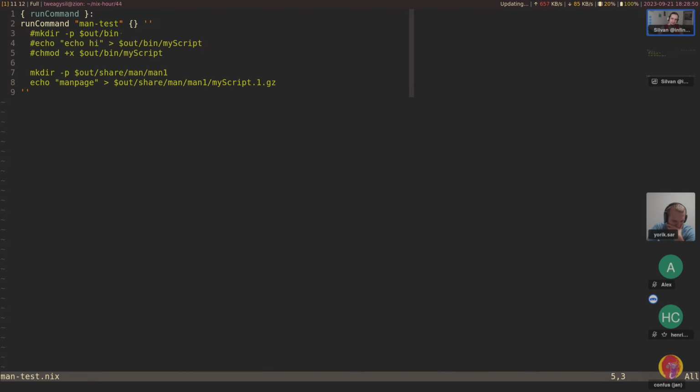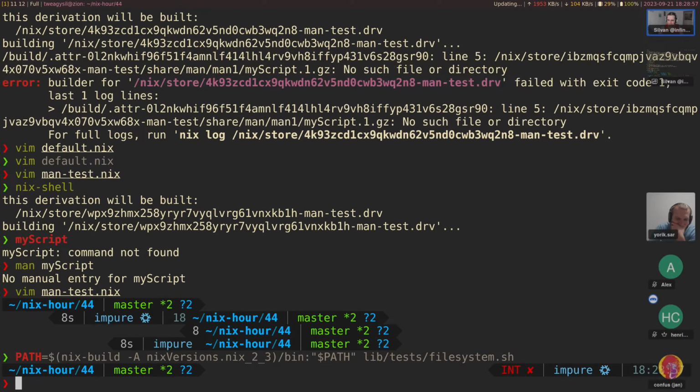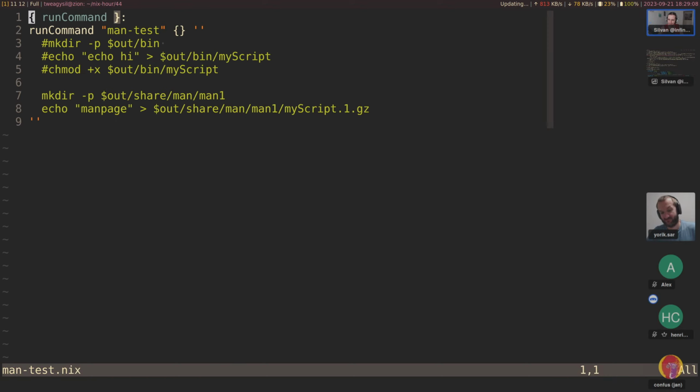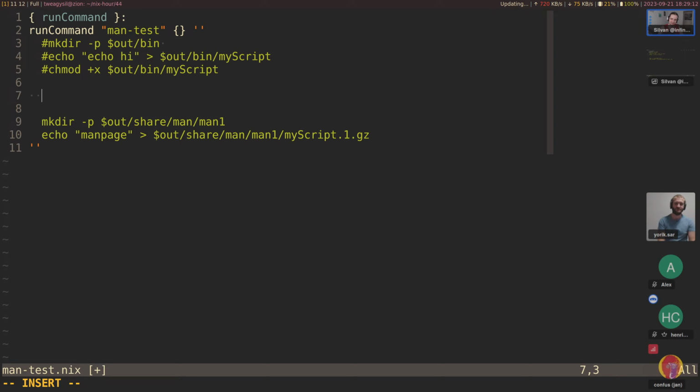The thing I want to say is that man discovers man pages from the path variable. It takes a path and then goes up one level, and then it goes down into share/man to discover man pages. And so the man page wasn't available now. But if we create a bin directory without even installing anything into it,